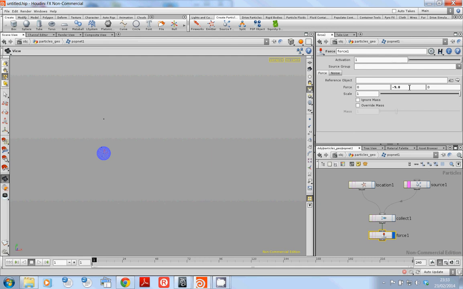In the next video I'm going to talk about collisions and how we can set up collisions. I'll show you how to instance some geometry onto these particles. If time permits, I'll even show you how you can color them. I'm just conscious that my time on my Cam Studio will elapse,